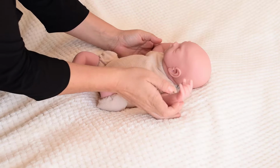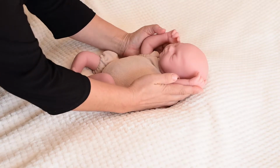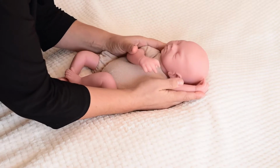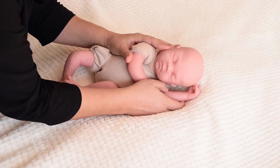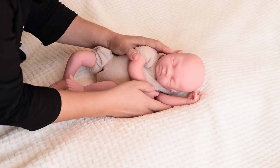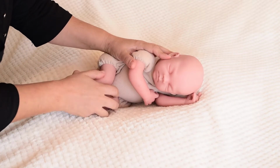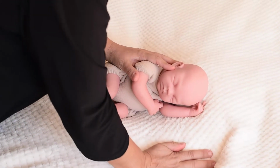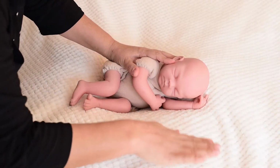To start with, the side that you are rolling your baby onto, place that arm, palm against the head and holding the shoulder, and help the baby to turn by holding the other shoulder as well. It just means that your baby will move in one nice movement rather than one shoulder or one arm being left behind. This will also help to ensure that your baby has less chance of being disturbed and woken up